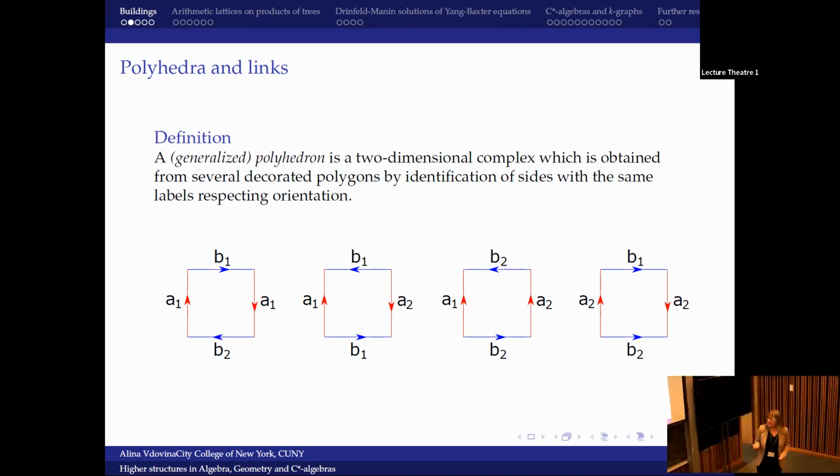And as you see here, you have four occurrences of each letter. So of course, this complex, you cannot draw it. This particular complex will consist of just one vertex and 4 faces, and they will all be glued. So first of all, this way to think about polyhedra by a collection of words is very useful, because you don't need to draw it.